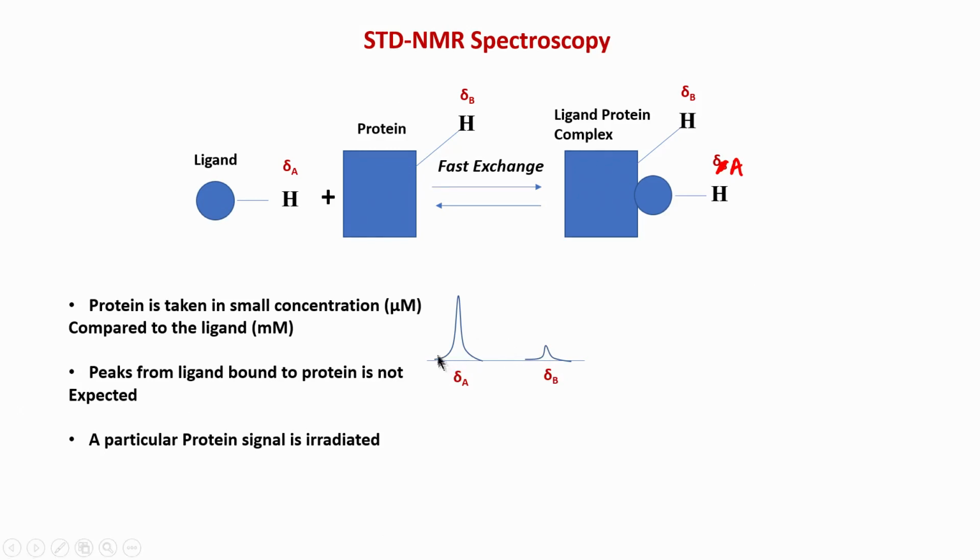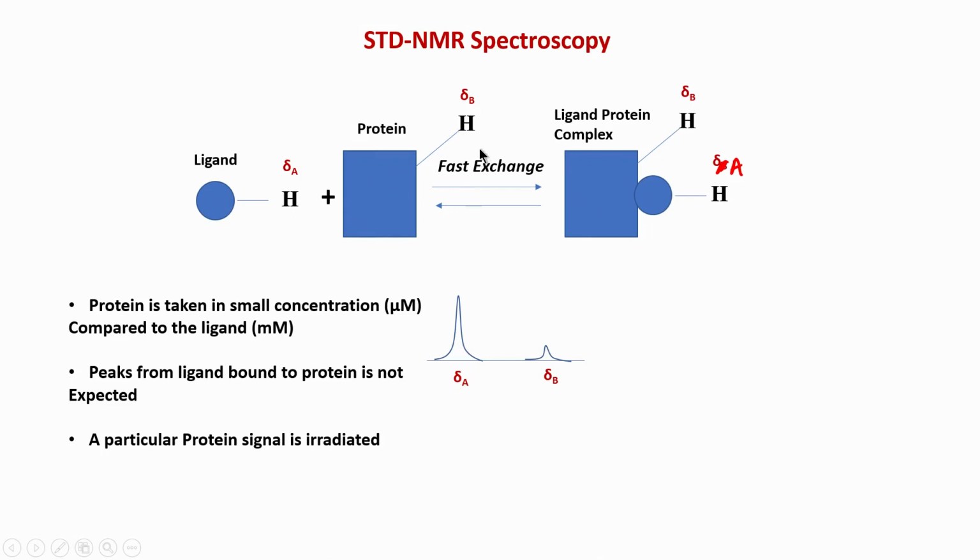We want the signal of the ligand to be isolated, meaning separated from the protein signal. So, in such scenarios STD-NMR is a useful experiment. As I said many a time, this ligand will have aromatic signals or a very downfield shifted amide signal and so on, that will help us to separate the ligand signal from the protein signal.